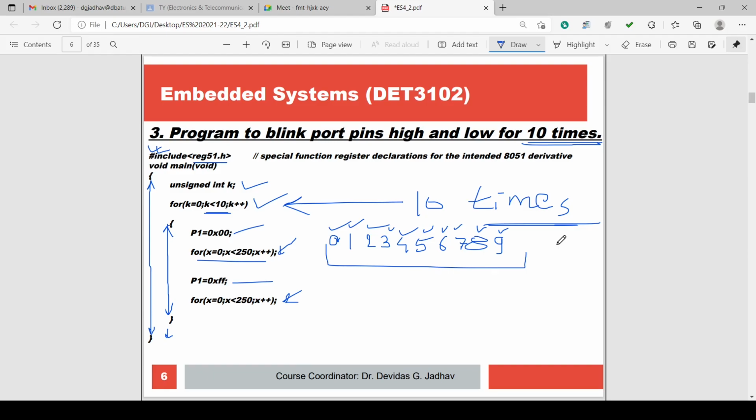Hope you understood this. We'll always do it in parallel.